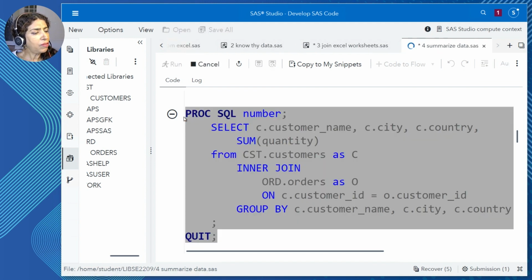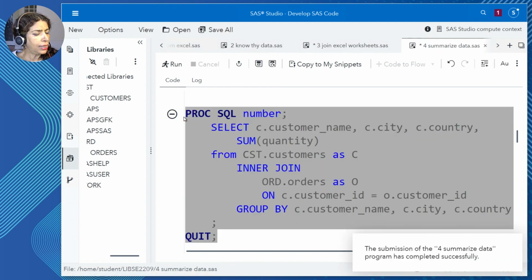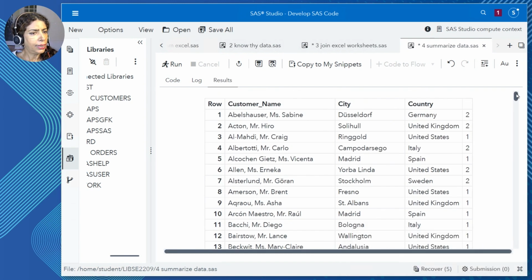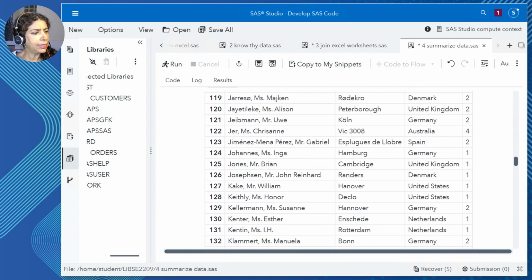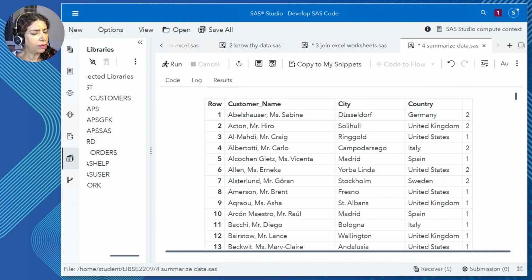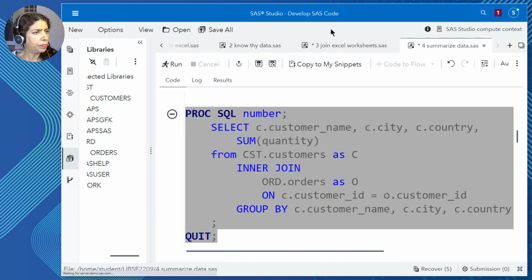Now I've done multiple things. I've joined tables together, and I've also summarized them and grouped them. So this time, I'm going to see these customers appear, 280 customers. Not terribly intelligent looking data, so I need to do a few more manipulations in the code.